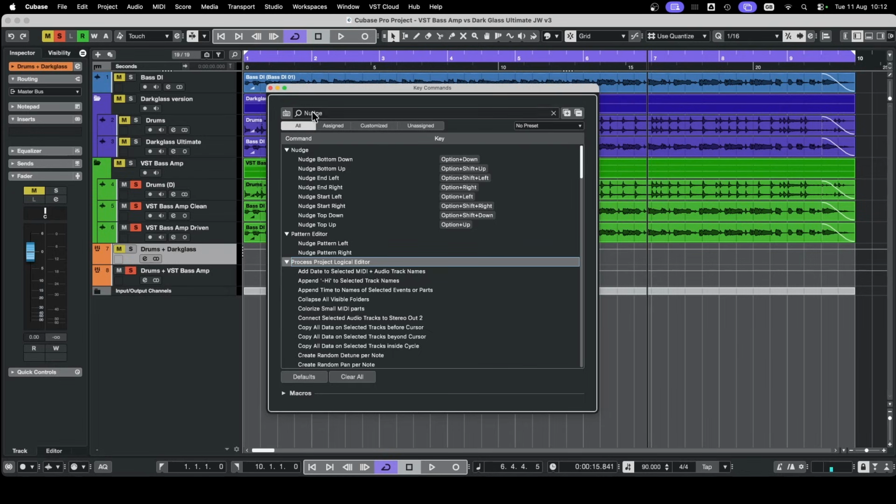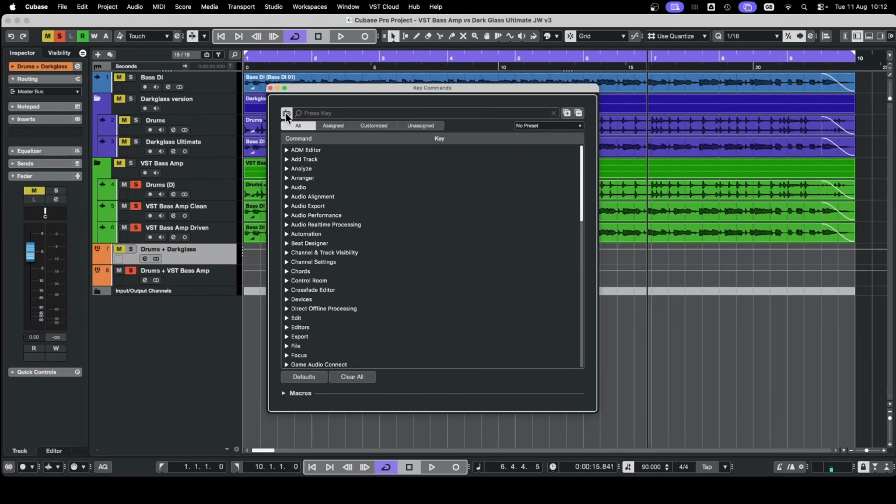It's the button located at the top left of the search bar. If I hover over it for a moment, you'll see press key search command. It toggles between 2 states. The default is the search command that we've just seen as I searched for commands with the phrase nudge within them. If I click the button, what we then get is the press key mode, and now I can press